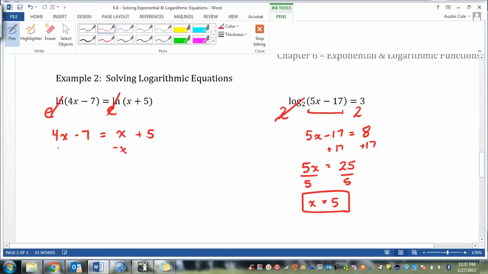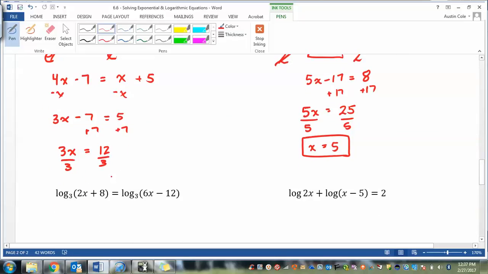I'm going to subtract x on both sides and get 3x minus 7 equals 5. Add 7 on both sides. 3x is going to equal 12. Divide both sides by 3. And x equals